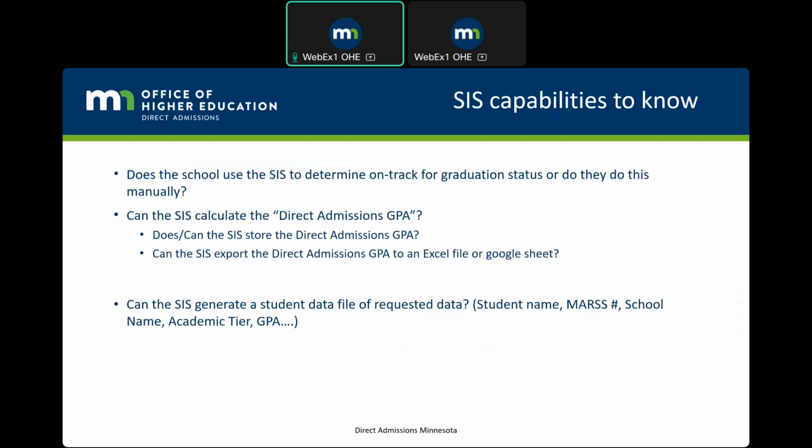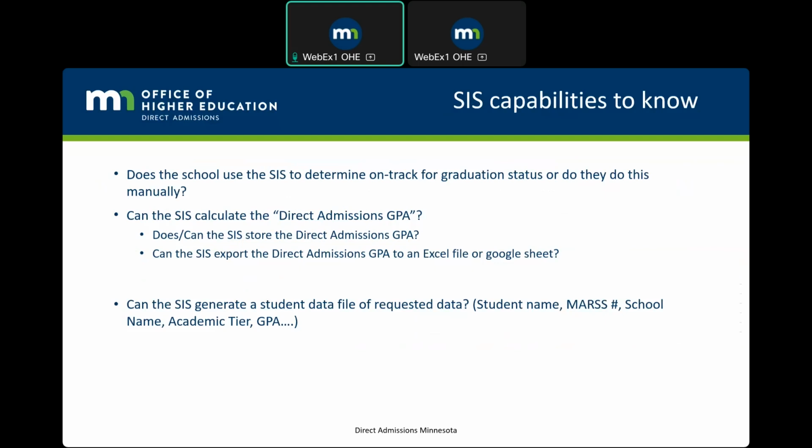Can your SIS calculate what we call the direct admissions GPA? And that is just an unweighted cumulative GPA from 9th to 11th grade. And does or can your SIS system store this GPA? Can your SIS system export it into an Excel file or a Google Sheet or a comma-separated value file for your review?